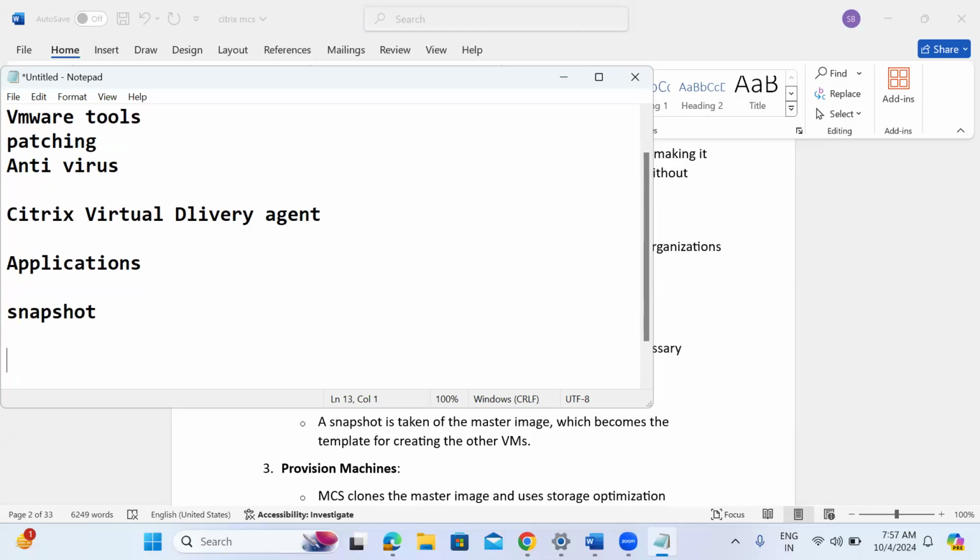Okay, so it's better to restart once, then take a snapshot. After that, shut down. It's not recommended to take the snapshot in the power-on state. So shut down, but restart once before that, then shut down. Okay, so then here definitely you need to